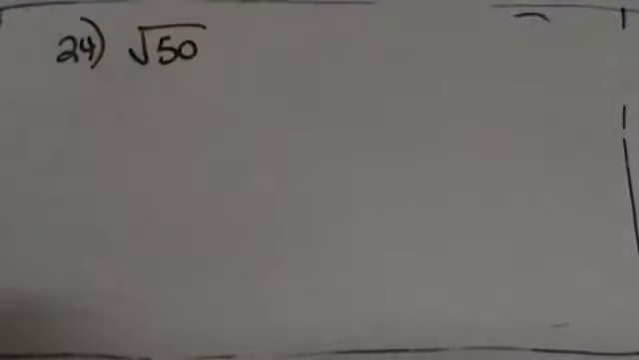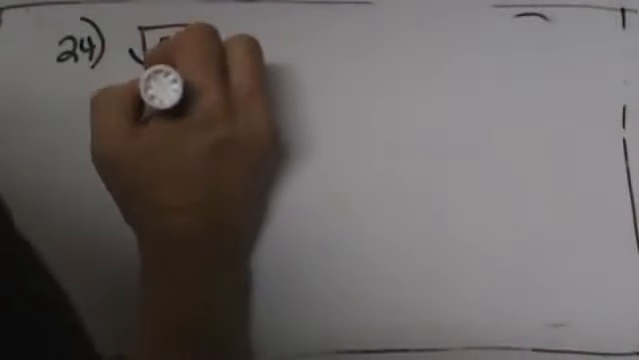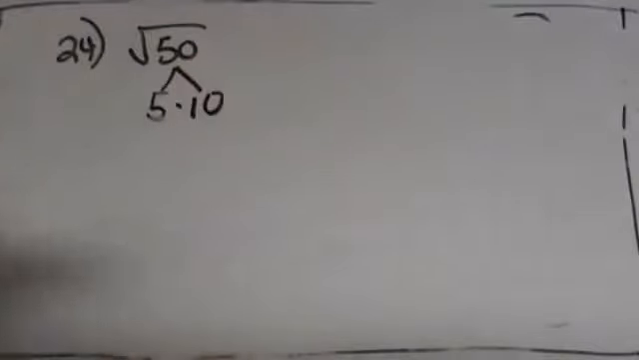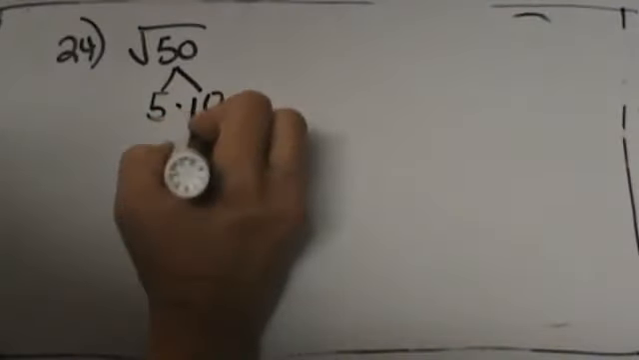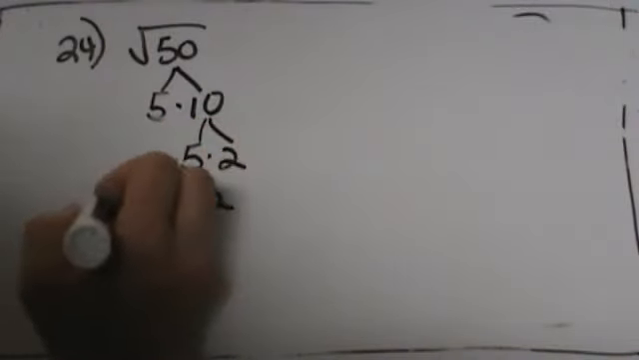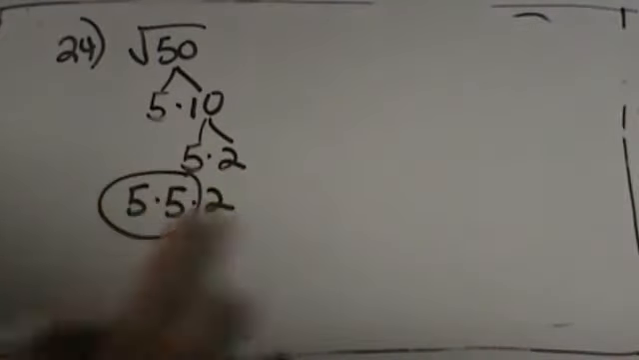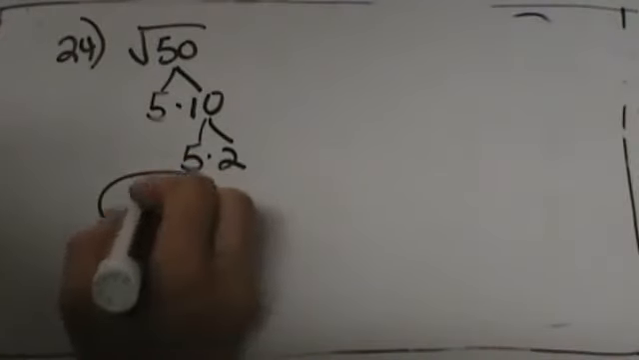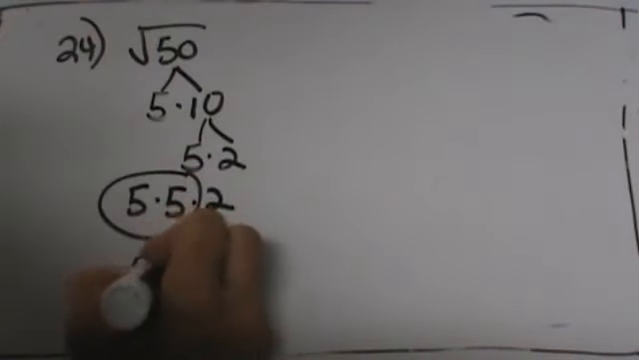Okay, number 24. You've got square root of 50. Okay, square root of 50, I'm going to show you 2 ways to do this one. You could just start doing a factor tree and say, I know that 5 times 10 is one of the factors, and then 10 factors into 5 times 2. So my prime factors are 5 times 5 times 2. And then you look for pairs. So I have 2 5s. That means it's a perfect square. So I can take that out of the radical, and I'm left with 5 square root